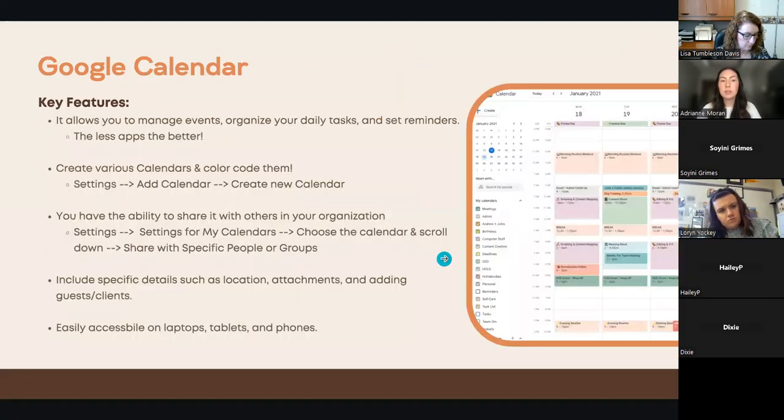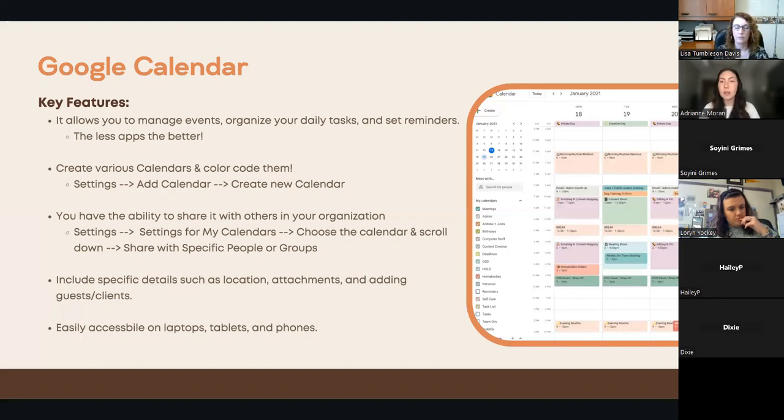So next, we're going to dive into Google Calendar. This has got to be one of my favorite tools of Google. I absolutely love it. I have always been a paper planner girl. And then about a year ago, I switched to an iPad planner because I carry my iPad around with me everywhere. And then here in my senior year at college, I've recently noticed that I'm just a lot more on my laptop. I'm running my businesses from my laptop. I'm doing my classwork from my laptop. And so I needed something that is easily accessible from my phone and my laptop. And that is where I found out about Google Calendar.